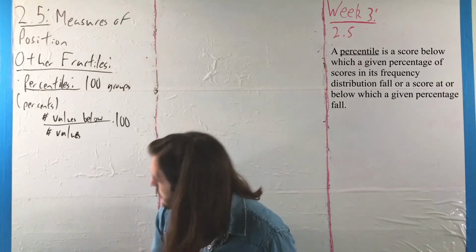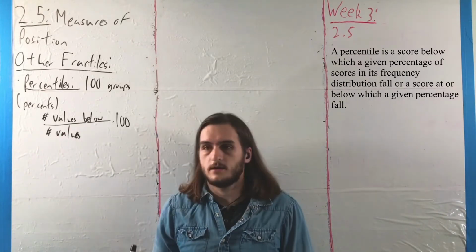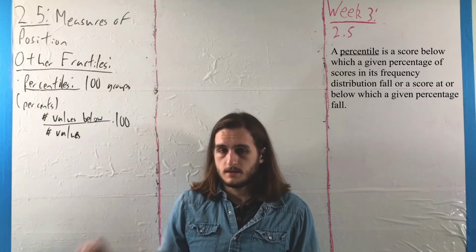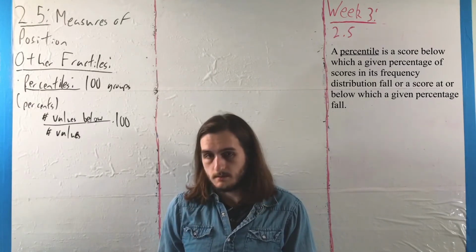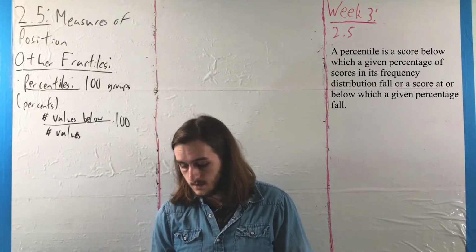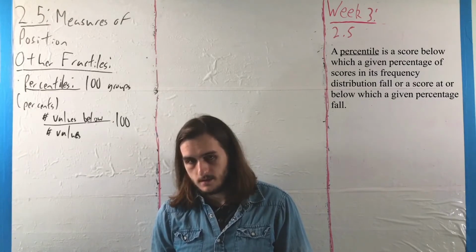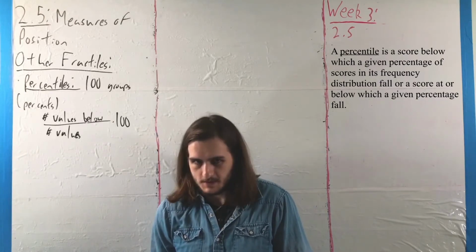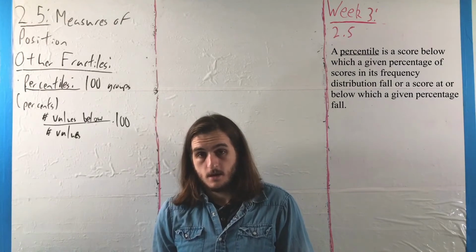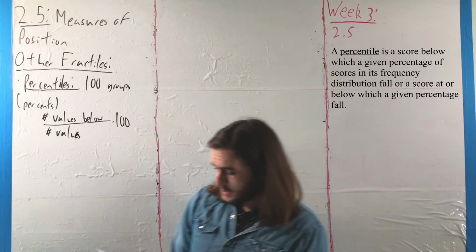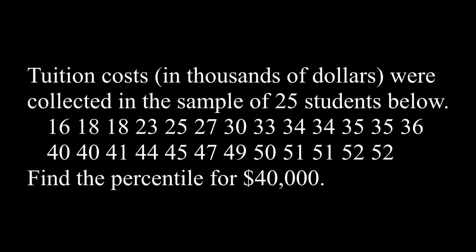But here, what we do is we just take the number of values below what we're talking about, divide it by the number of values total in the data set, and then multiply it by 100 to represent that as a percentage. So we're going to take a quick example here where we're looking at tuition costs for a sample